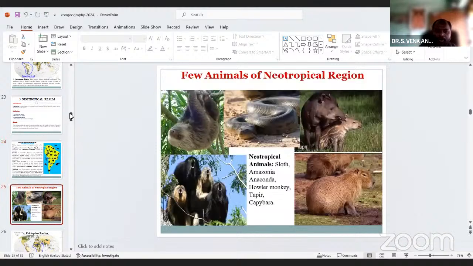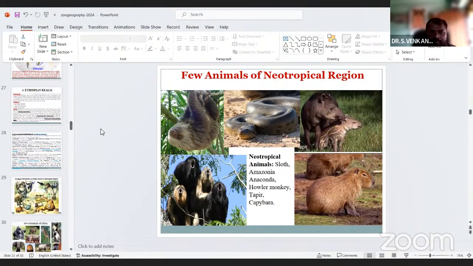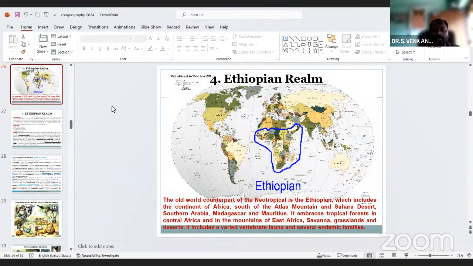A few Neotropical animals are like the sloth, this is one, the sloth, and the Amazon anaconda, then howler monkey, tapir, and capybara. So these are some of the few animals living in these particular areas.